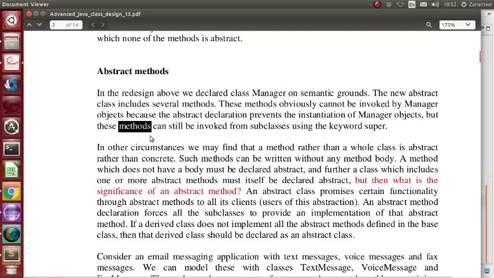Or the subclasses are going to override all the methods which are abstract in the superclasses. If you declare it as static, you can't override it. Why can a static method not be overridden? Because it cannot be